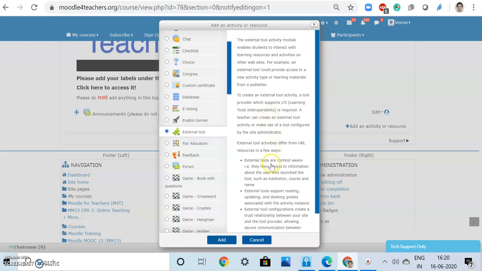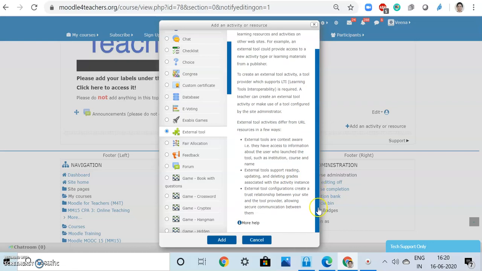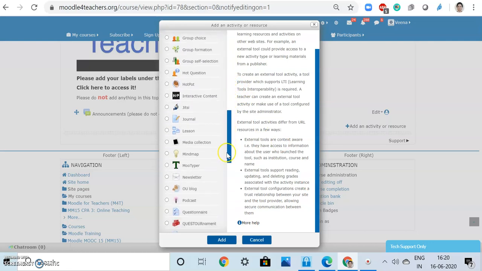So you can introduce external tools which are context aware, and they can support reading or configurations, and they can help you provide better services. You could also have newsletters.